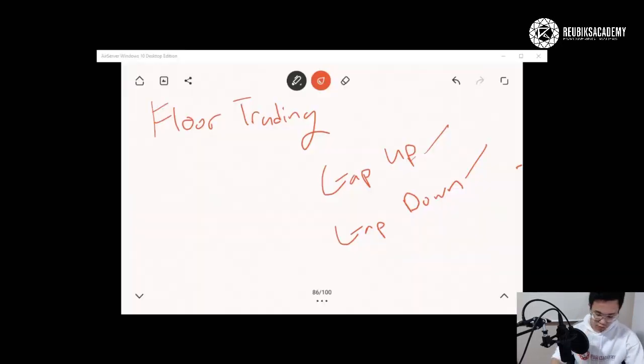So a few things to recap: gap up, gap down, market trading hours, different stock exchanges in different countries. For Forex it's 24 hours 5.5 days. For stock trading it's only 8 hours per day, depending on the stock that you buy. If you bought an American company's stock, you have to stick to the American trading hours. If you bought a Singaporean stock, you have to stick to the Singaporean trading hours.